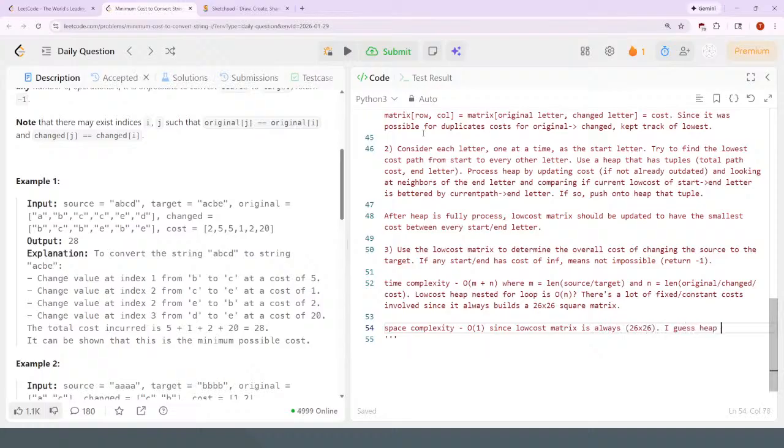I guess the heap might be O of n, since it grows in size with the number of edges defined by the cost array. All right, whatever. Which algorithm